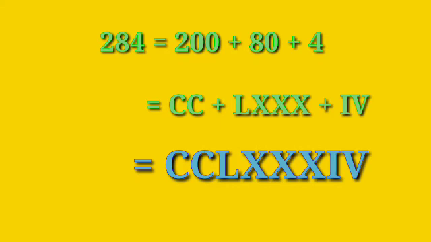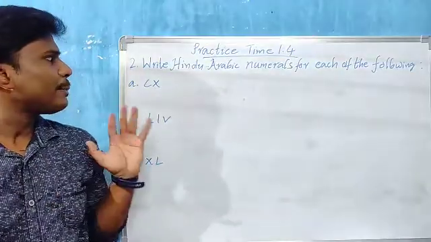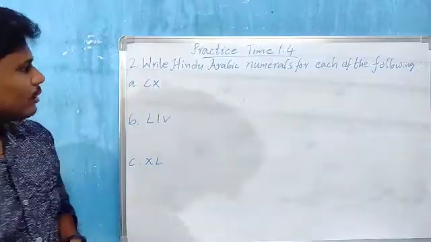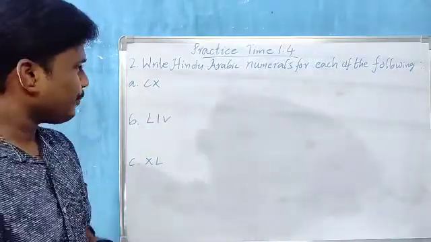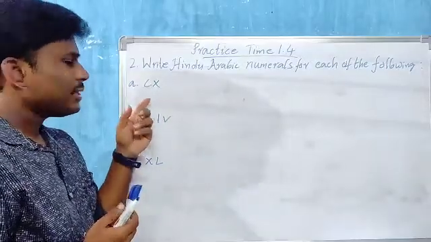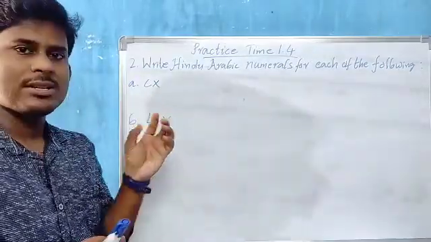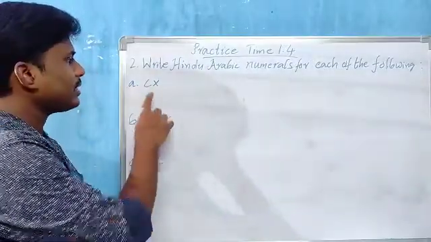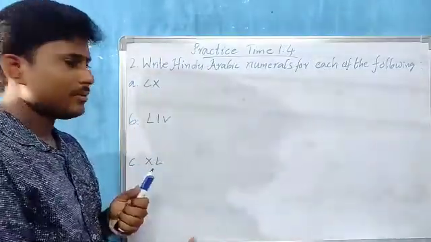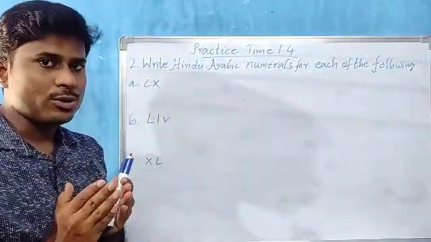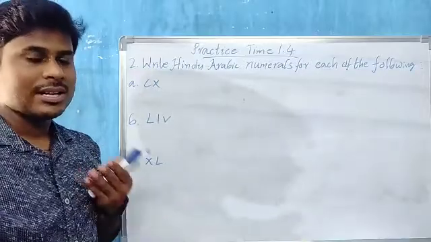Now let us go for the next bit, children. So the second bit, children: write the Hindu-Arabic numerals for each of the following. So the first Roman numeral is CX, children. So let us revise all the rules. C and X. C means 100. X means 10. So the smaller symbol is inserted after the greater symbol. That means to the right of the greater symbol. So do we have to do addition or subtraction, children? Yes, we have to do